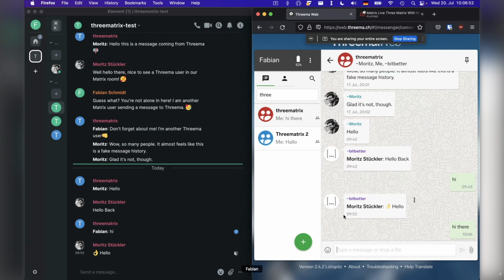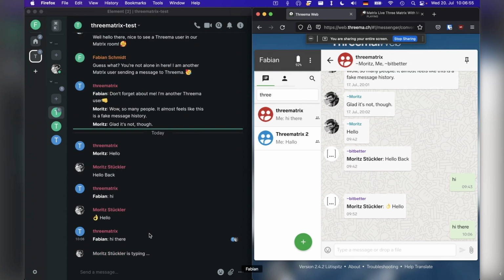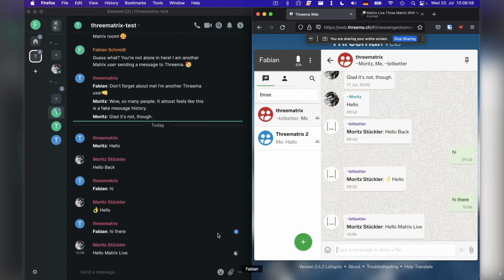And as you can see, the bot is transmitting our text to Matrix and the other way. Right now only text messages are supported, but you can bind as many rooms as you want. So you can bind maybe 3 Matrix rooms to one Threema group, or you can bind multiple Threema groups to multiple Matrix rooms.